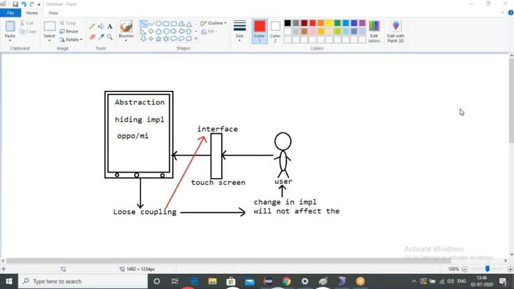Next line, small heading: tight coupling.